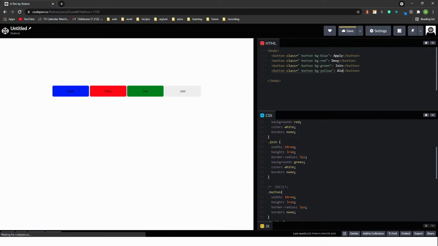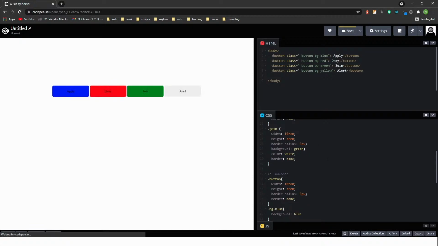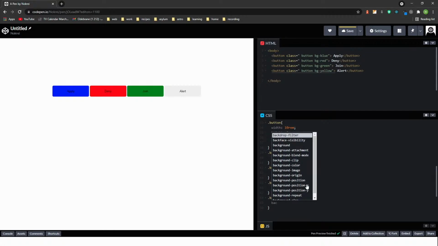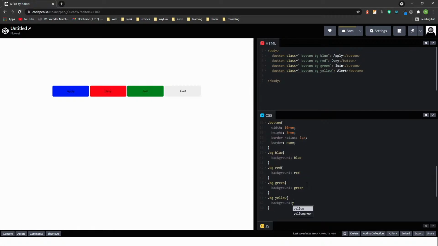Let's call it alert. Okay. Now all we need to do is to create a bg yellow class and the background of